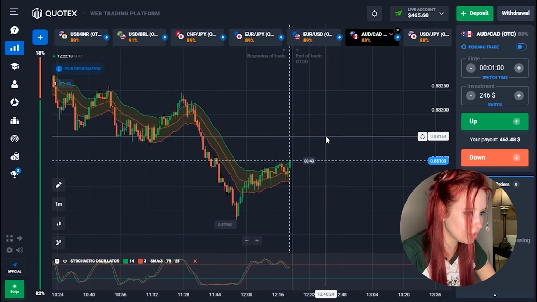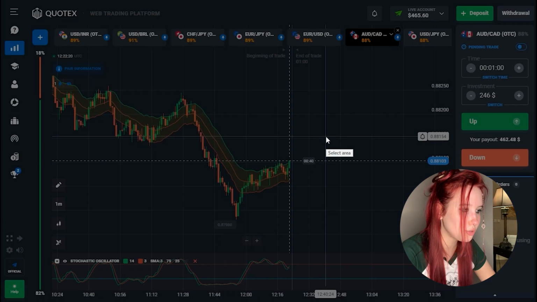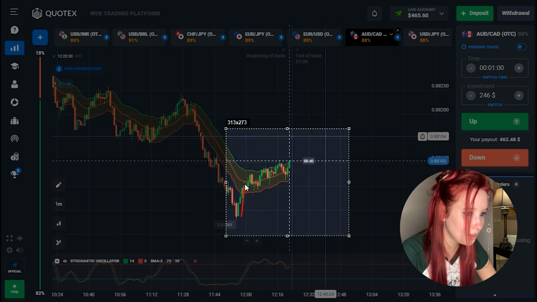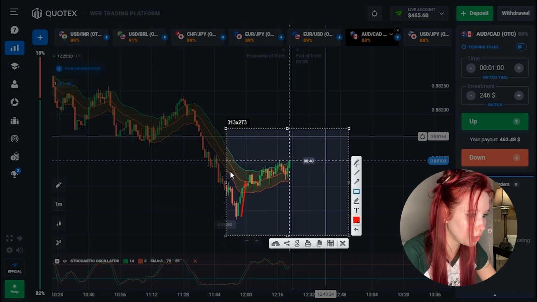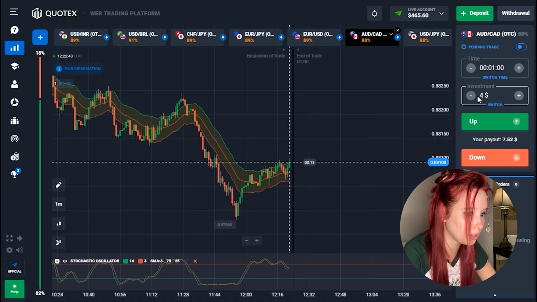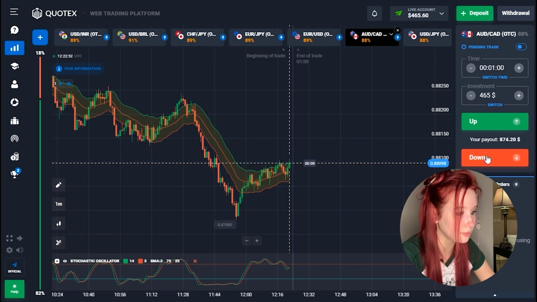Let's find another good situation. Here I see the bullish rectangle pattern. This is a trend continuation figure. We see an upward movement, then we formed a rectangle in which the price moves from the resistance level to the support level. And now the price is at the resistance level, so we can open the trade down for 1 minute. I think we'll achieve a good result, but let's wait.